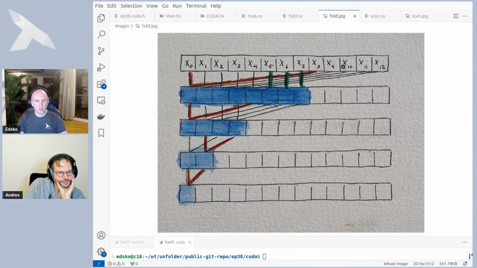Imagine that we're going to start with an array, which is any number of elements, in this case 13 elements, which is not necessarily a power of 2. The first thing we're going to do is find the largest power of 2 which is strictly smaller than the size of our array, and we're going to